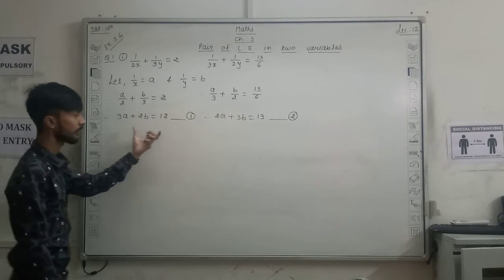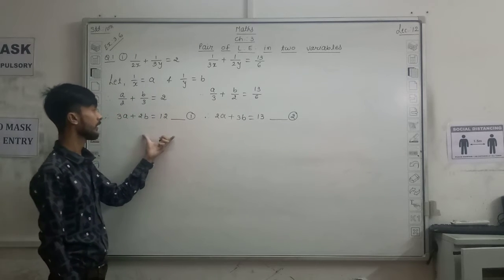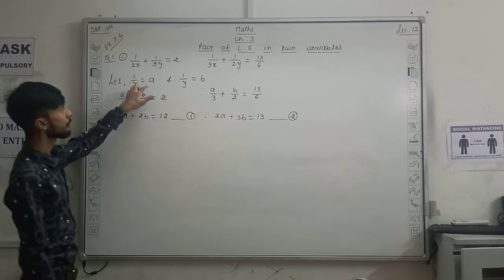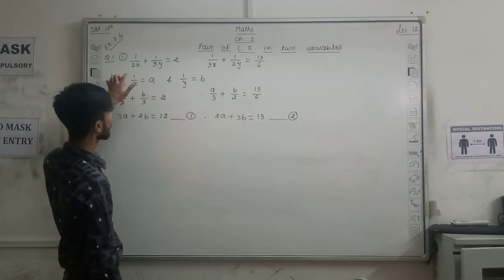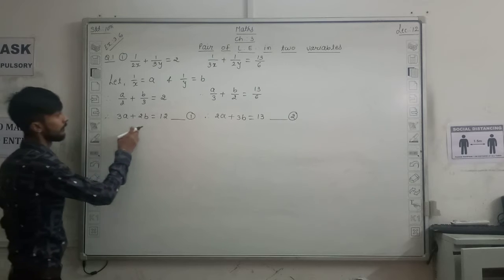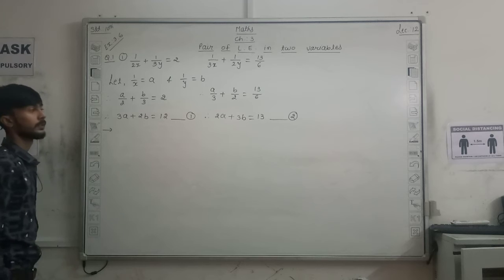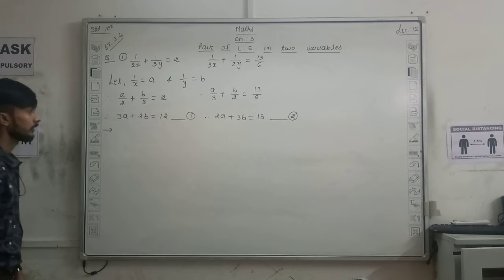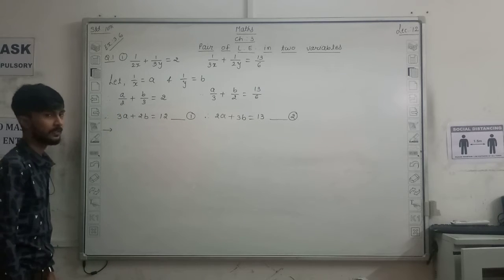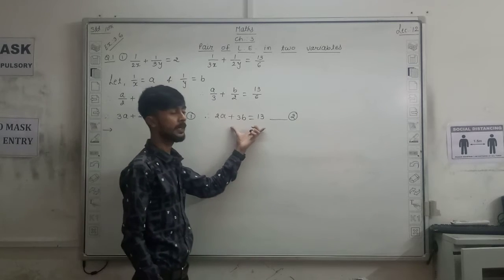So you can see both are in general form, and if we solve these two equations then we get the values of a and b. After that, substitute the values of a and b here, so you get the value of x and the value of y. Okay, so by any method you can solve this, right? I prefer the elimination method, right? So here 3 and 2, so the LCM is 6, so multiply equation 1 by 2 and equation 2 by 3 and then eliminate.